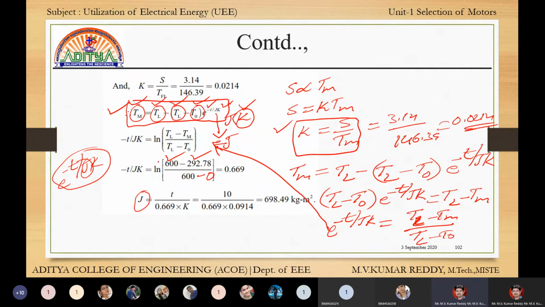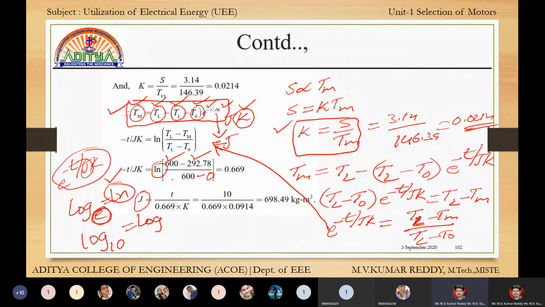Next. This is the ln. Ln means log to the base e. Log to the base e is called ln. If it is base e, then it is called ln. If it is base 10, then it is called log. These are the two differences, so that in the calculator we use ln whenever the base is e.